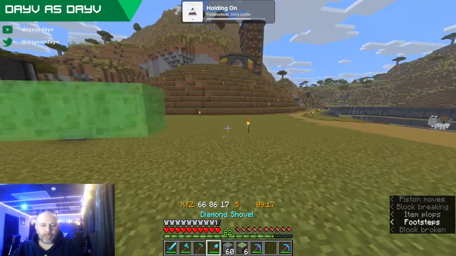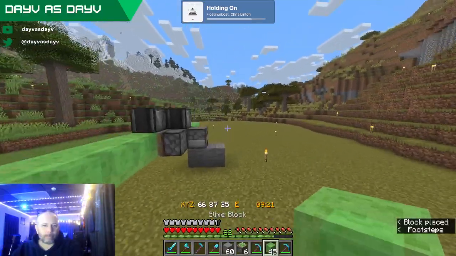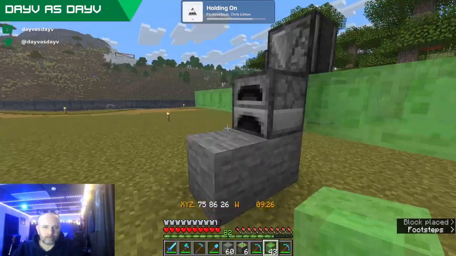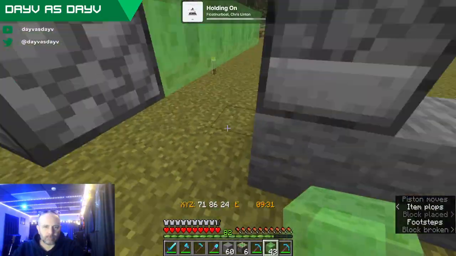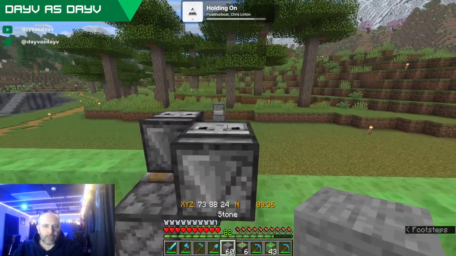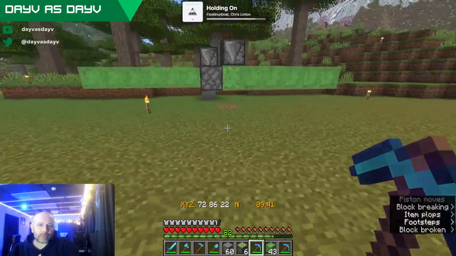How much longer can I make this? Okay, that's right. Try a non-sticky block, that way it won't act like it's part of it.